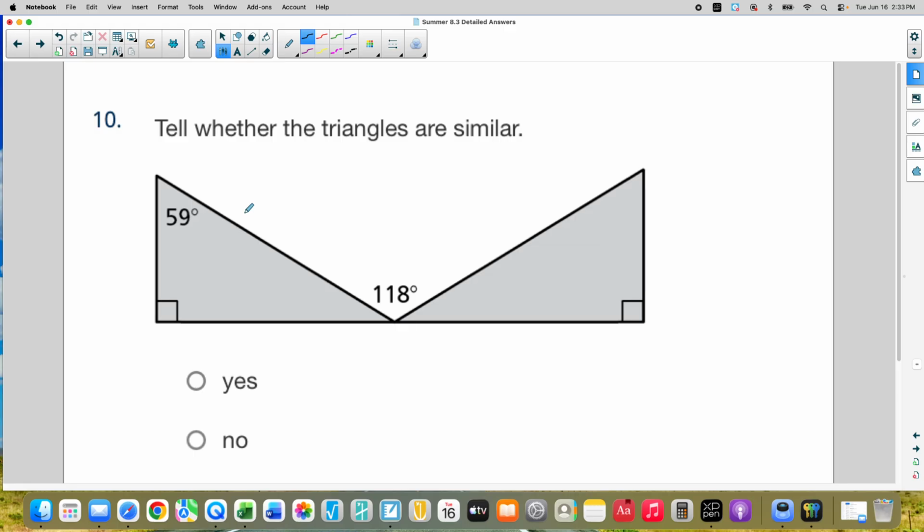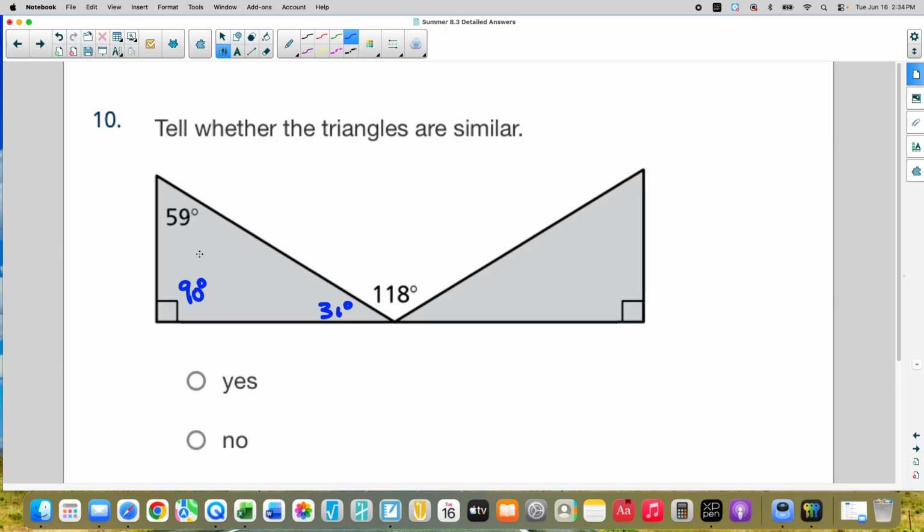180, okay. Well, do I know? I don't necessarily know that these are congruent. That can be 118, but I got it. Sorry. We're finding out what this measure is. Okay, got it. Because this is 59 and this is 90 degrees, we can figure out that this is going to be 31 degrees. That equals 90, right? 90